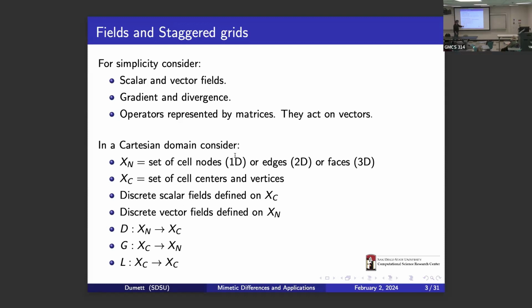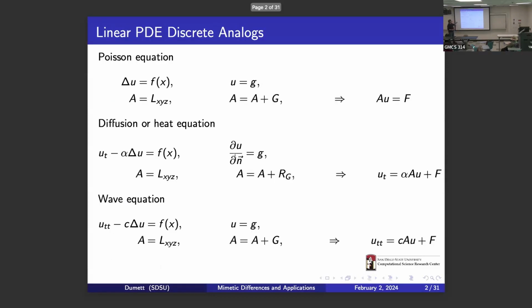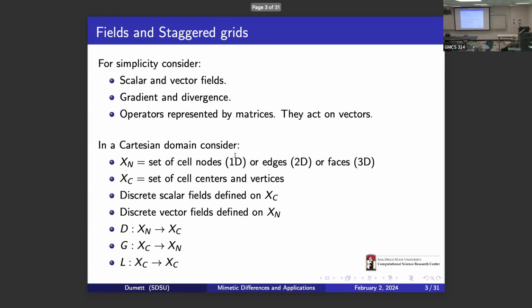Yes, I apply first the gradient, go to Xn, then the divergence, and go to Xc. So these are, again, some things that I have to get in order to obtain a consistency of what I mentioned before. So doing this abstract representation, removing all the differential or differentiability with respect to space.